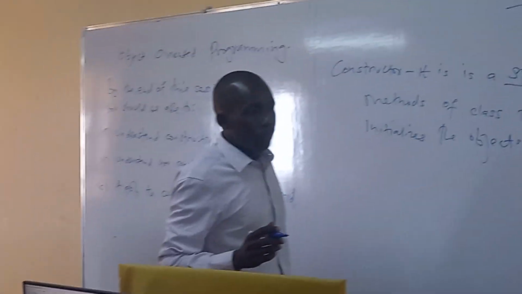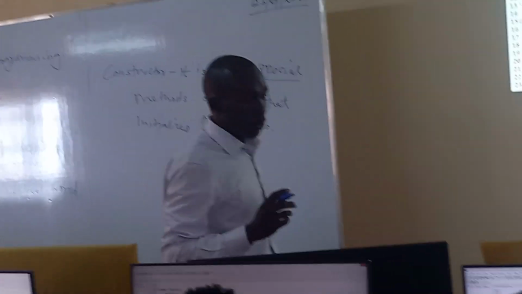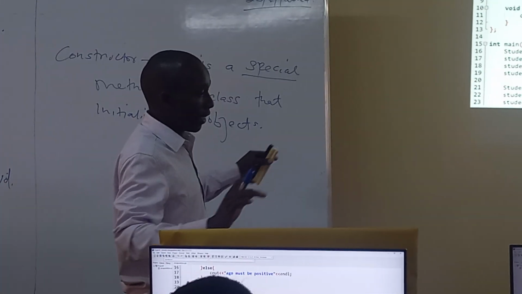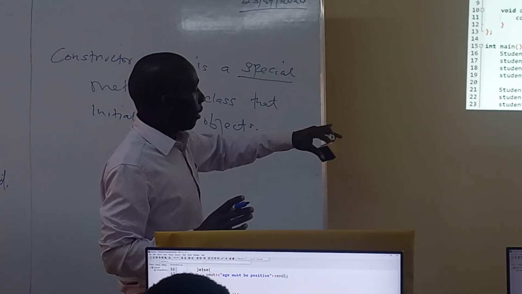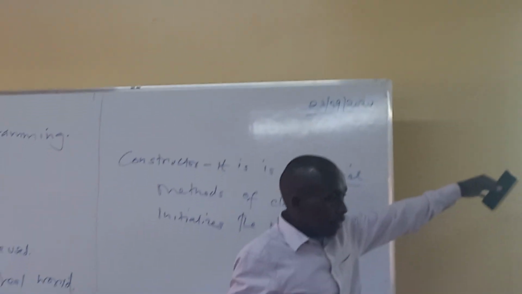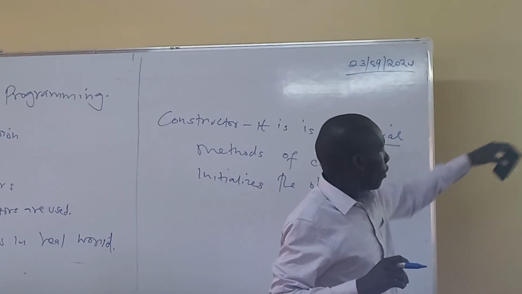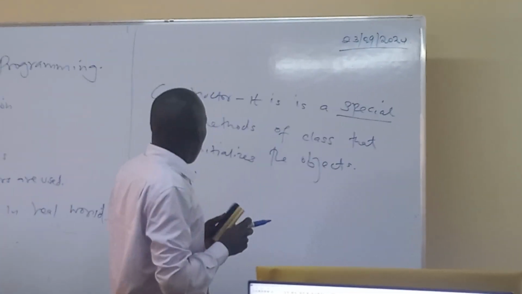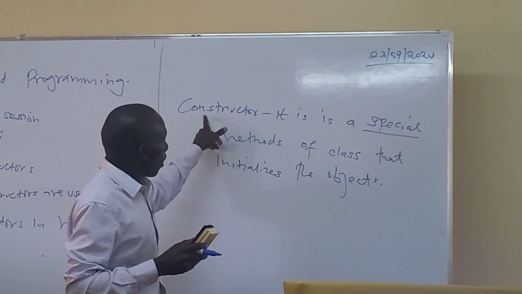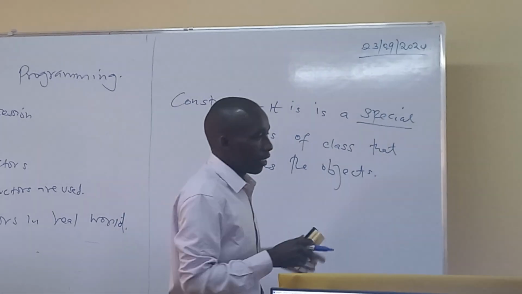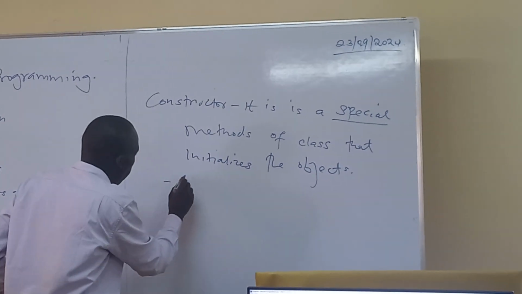So that means this method called a constructor will be invoked or called when we create an object. We shall see that when we set some instructions here, so as to solve the problem of repetition. We have said that a constructor is a special method of a class that initializes the object, and it's called or invoked